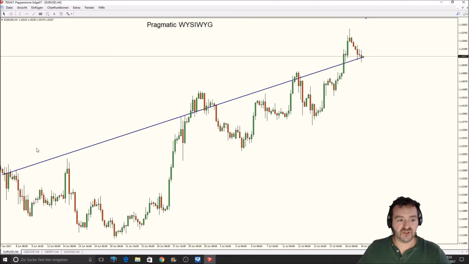Look left on your chart and look right on your chart. Compare the price levels and decide if the market is going up or down. Based on that decision, you can plan your trades, you can plan your setups. As said, most simple, most pragmatic, and what you see is what you get. So let's get straight to the